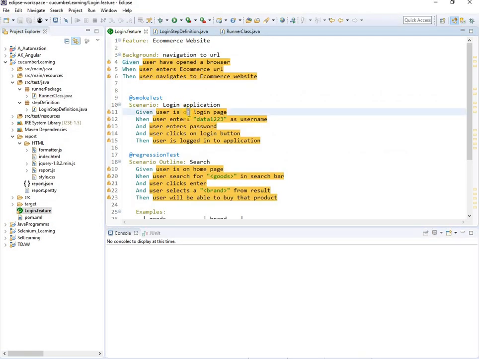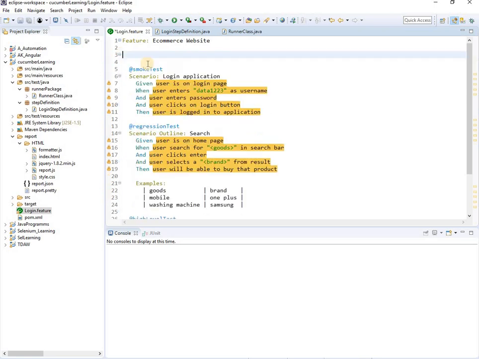So we will be learning background today. Okay, what is background? This could be the last topic as part of Cucumber training. Earlier we have learned about the tags, each and everything in the runner class. What are Cucumber options? How to pass the data using the scenario outline? What is the difference between scenario and scenario outline? So let's start with background.